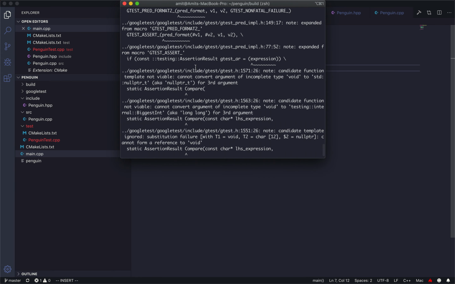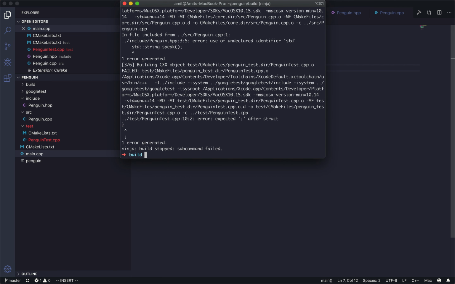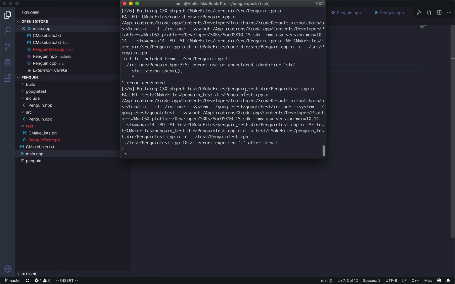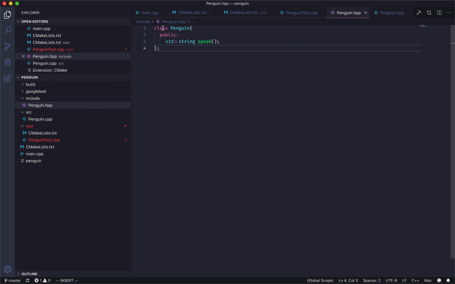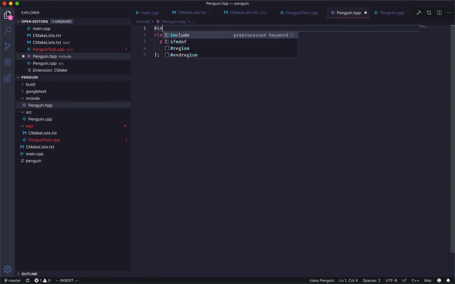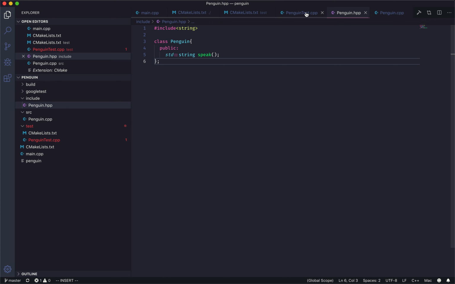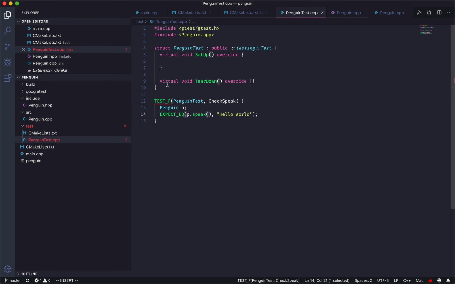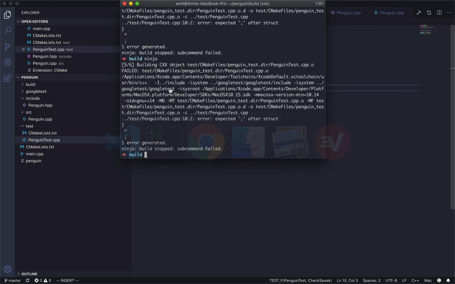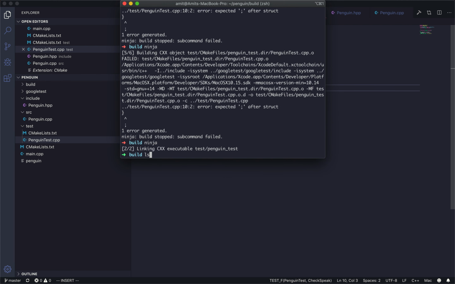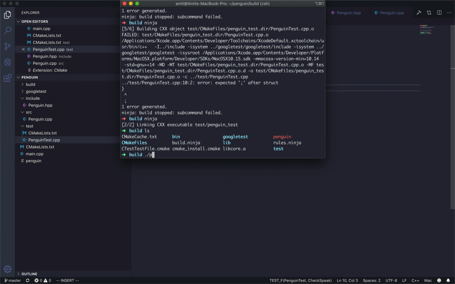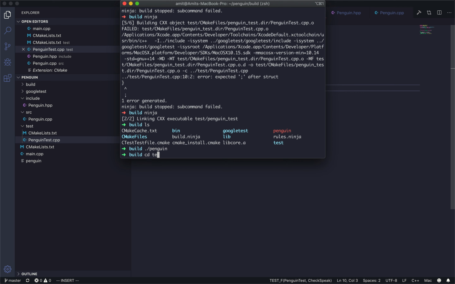Then Ninja again. Getting a lot of errors. What I need to do is include string. Ninja, and I have yet another error, which is just be careful with your structs. And finally it's working. So I have my Penguin, which does nothing now, but if I go to my test,